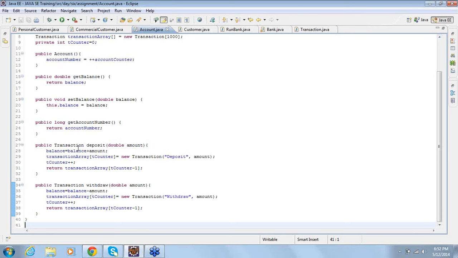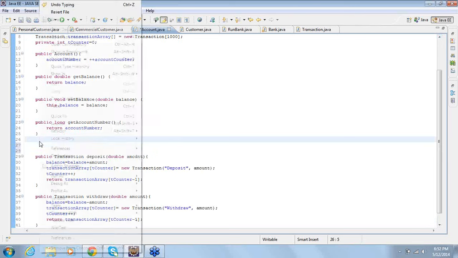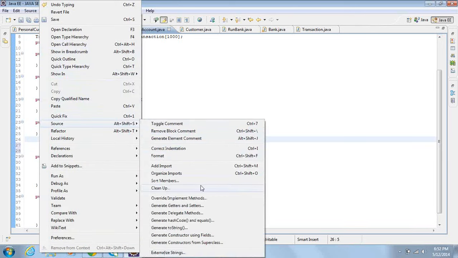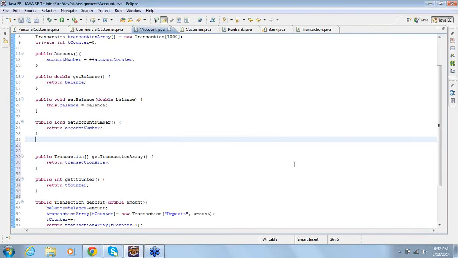In case you want to display the transaction details, then you need to have getter methods for the counter and also for the transaction array. You just need a getter method, you don't need setters. Then how do you make use of this getter method?